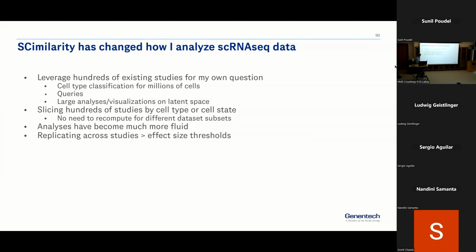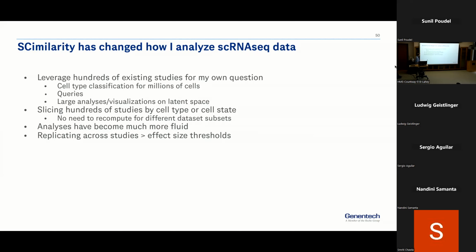Another thing I mentioned earlier, slicing by cell type or cell state, now it becomes trivial to ask which cells in the entire body is my gene expressed in. And that becomes a very valuable question, especially when you're developing drugs and you want to find and validate a target. You want to make sure that it's where you think it is and not where you don't know. So I think those types of things will become increasingly common, increasingly routine at a pan-body scale.